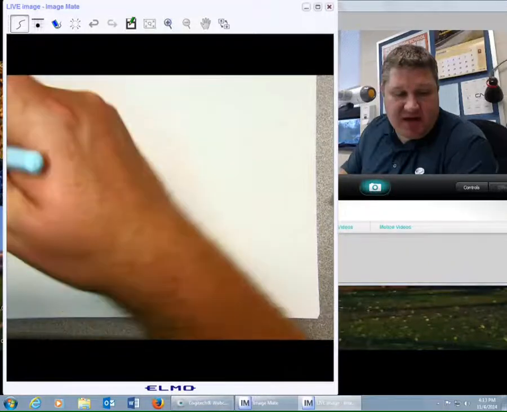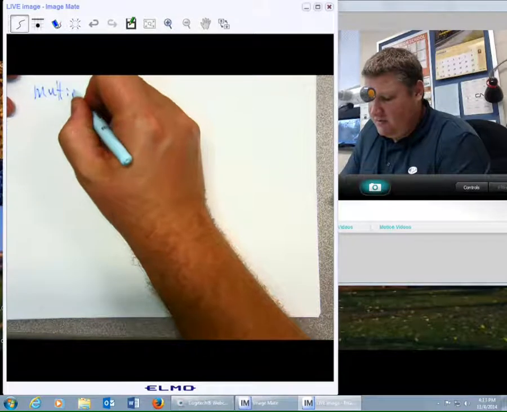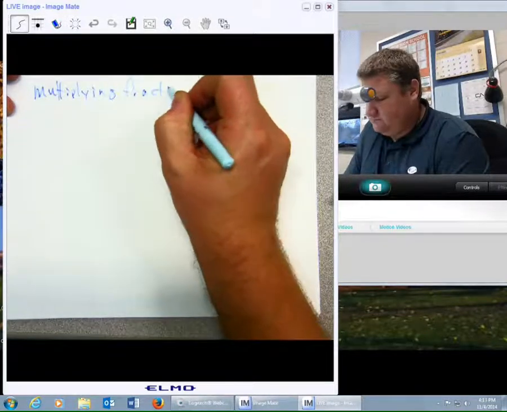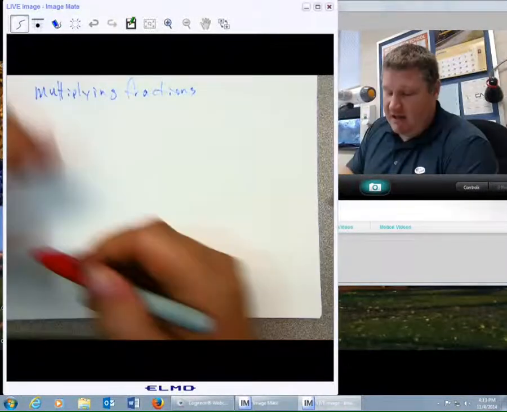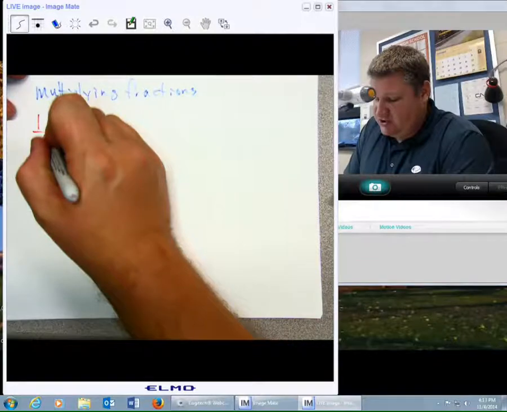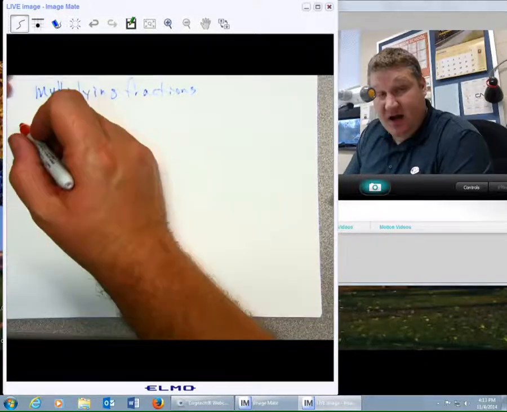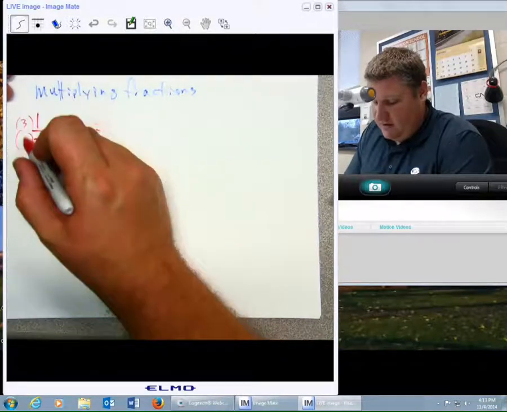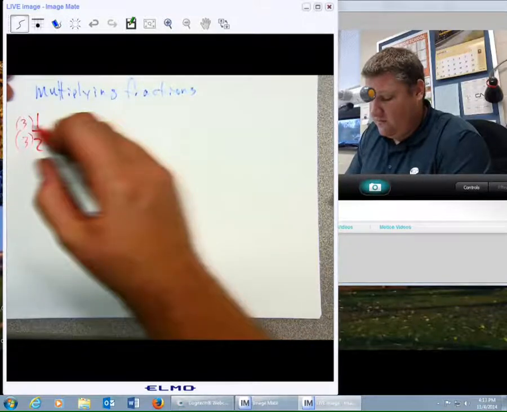Okay, ladies and gentlemen, let's start talking about multiplying fractions. Now, ladies and gentlemen, unlike addition or subtraction, 1/2 plus 1/3, we have to find common denominators. So in this case, I would have to say, hey, 3 and 3. Here I'd have to say 2 and 2, and that would give me